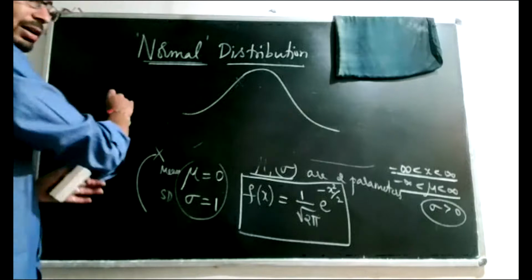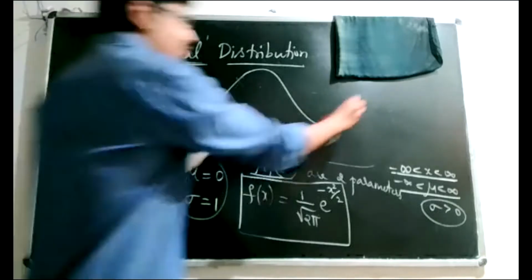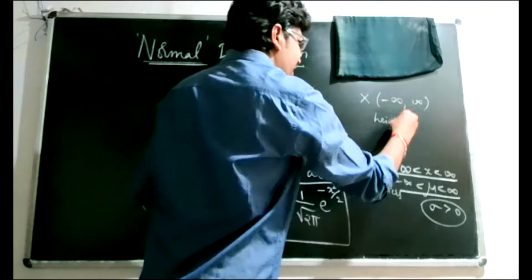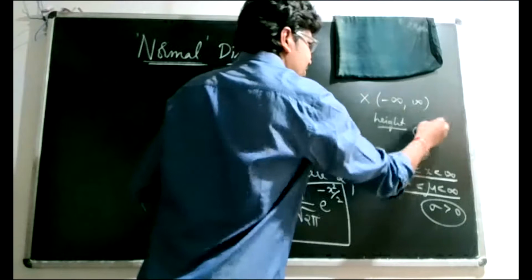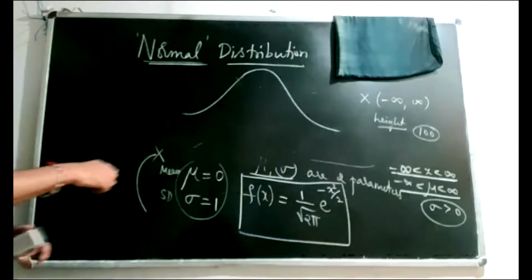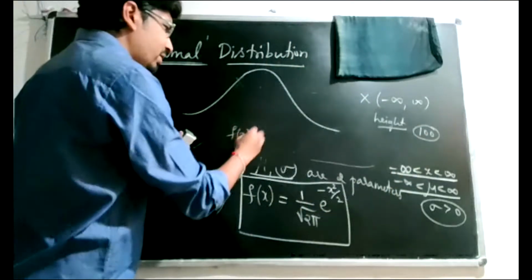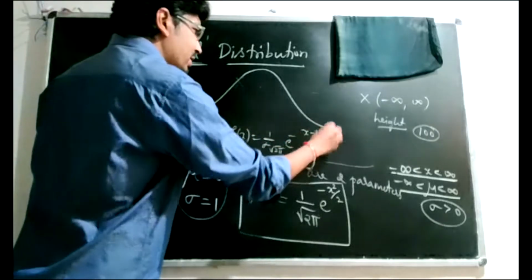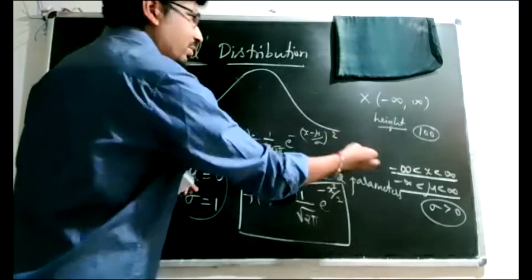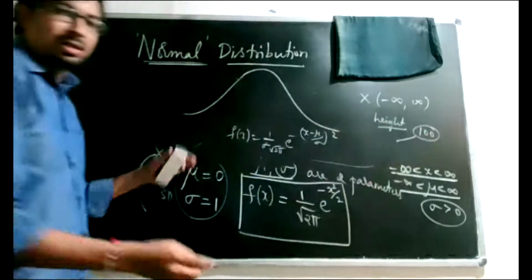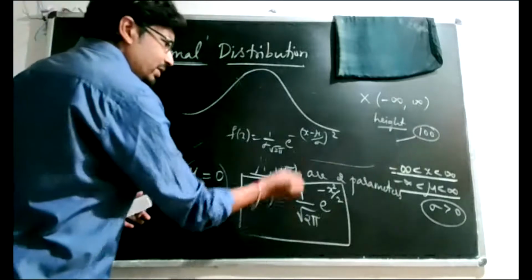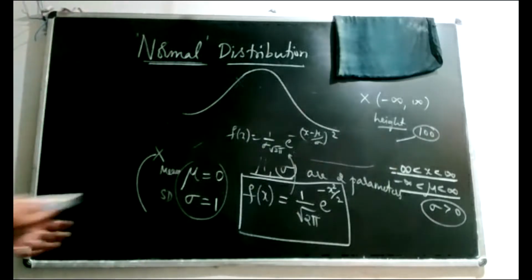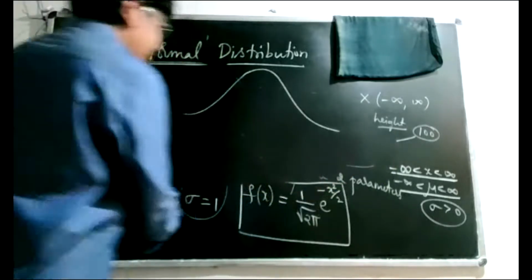And if we work back and look into all such possible values of x from -infinity to infinity, so you record height values, pick some 100 height values, and use the law f of x is equal to 1 by sigma root 2 pi e power minus x minus mu by sigma whole square, where mu and sigma are the mean and standard deviation of this, and do a simple exercise. Instead of taking this function, you will observe that it produces the same curve. Therefore, this curve is most